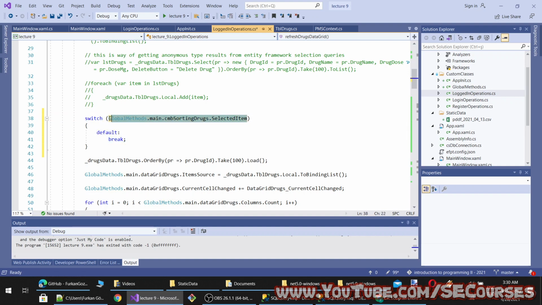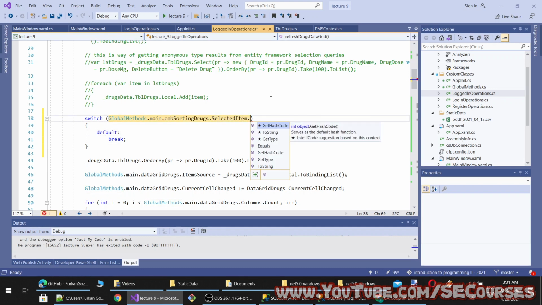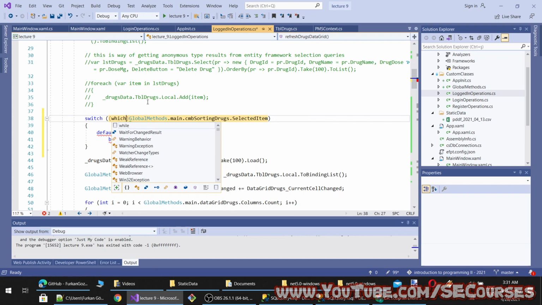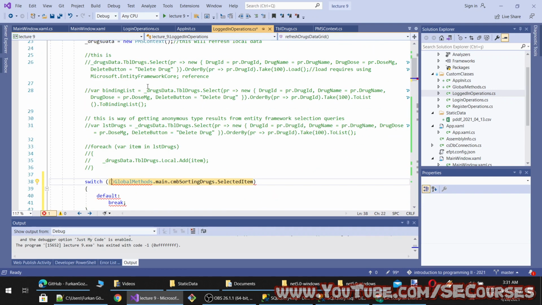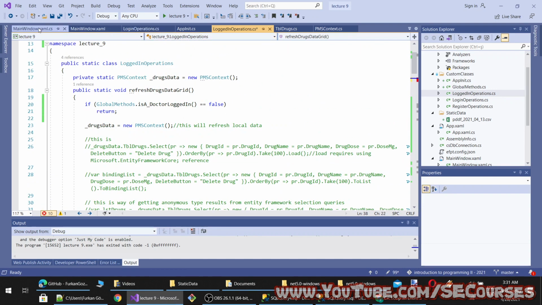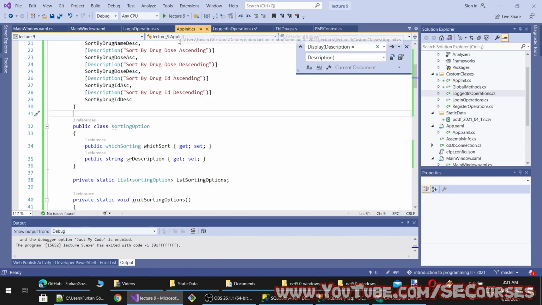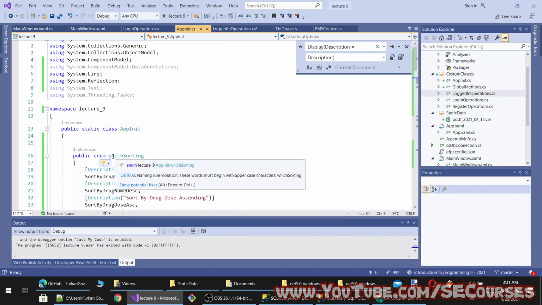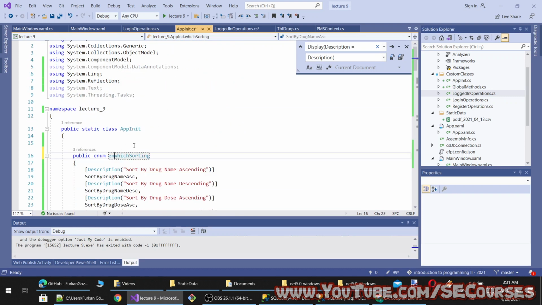Let's retry. Selected item dot, no, selected item, and I have to convert it to sorting. What was our enumeration name? Let's name it as en.